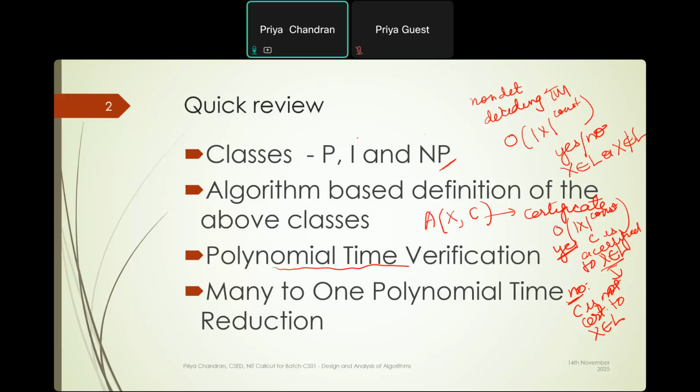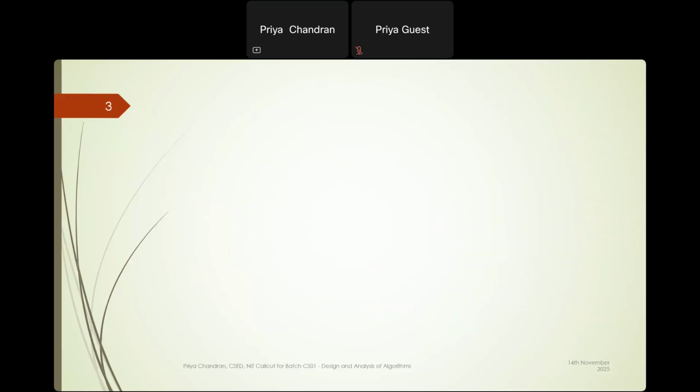Many to one polynomial time reduction. We had said that the symbol for it looks like this, and we would say that a language L1 is polynomial time many to one reducible to L2 under certain circumstances. What was that? We had said that this would mean that there exists some function f such that f maps from sigma star to sigma star,